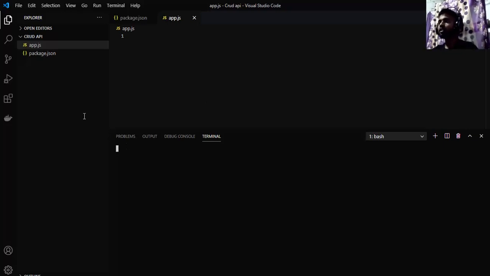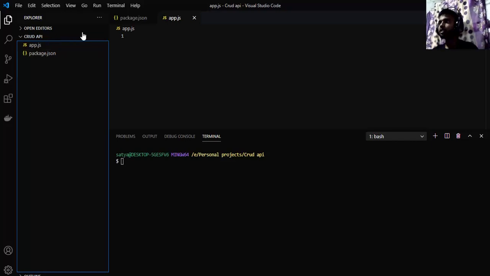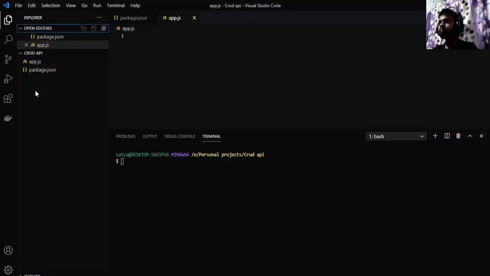So let's create a folder while my terminal is initializing. Let's create a folder here. This is just a src folder, and in that folder let's create a file